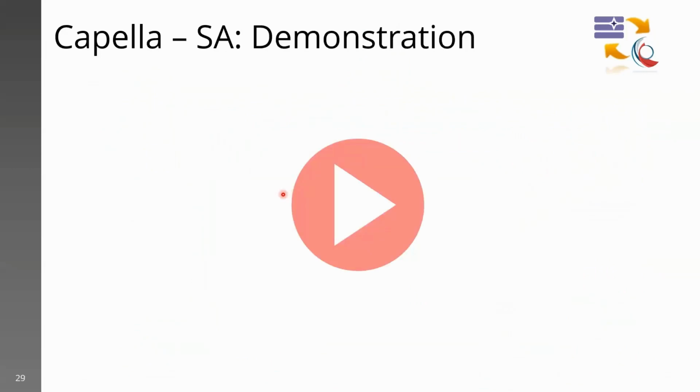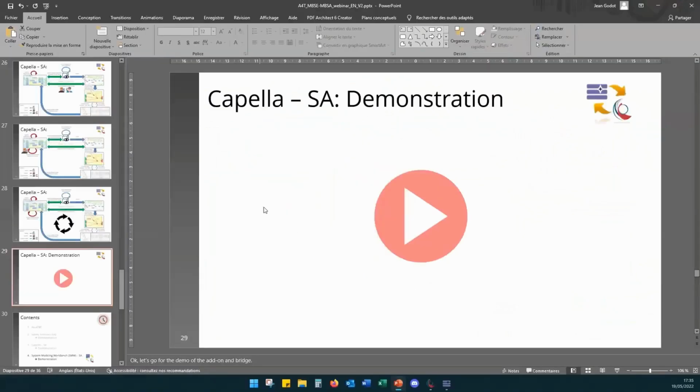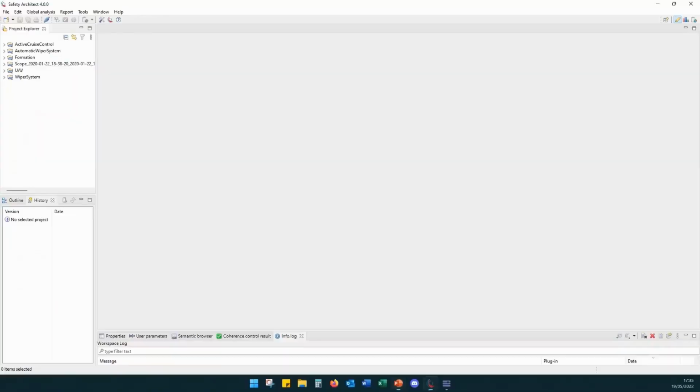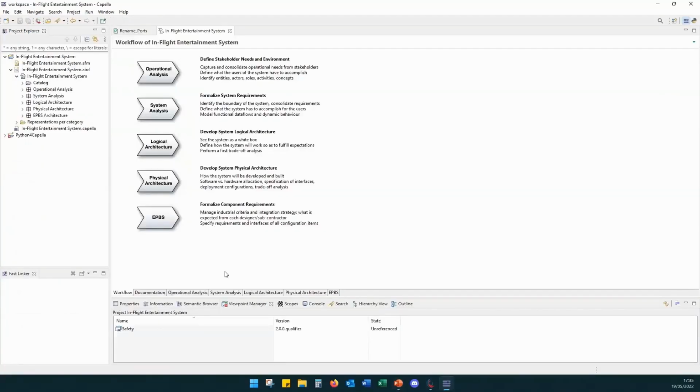So I can start the demonstration of the bridge between Capella and Safety Architect. As you already know, this is Capella. First we have to install the safety add-on in Capella.